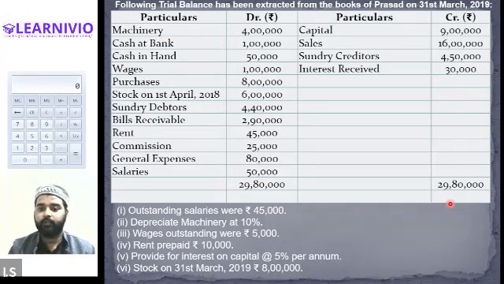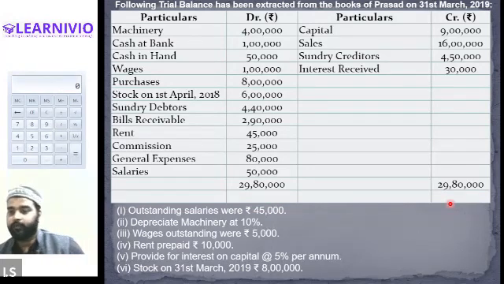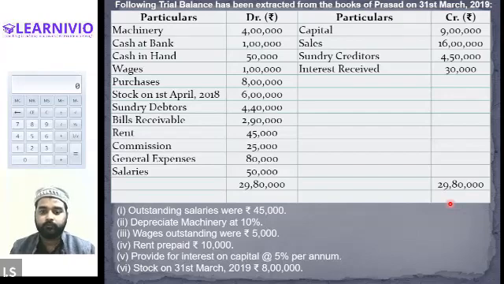All right, now calculate profit and loss, net profit or net loss. I think we have committed one mistake here. Tell me how did we treat rent paid? Rent prepaid has been added or subtracted from the value of the rent? Alexander, whether we have added prepaid rent or we have reduced it from the rent of 45,000. Sir, I added.